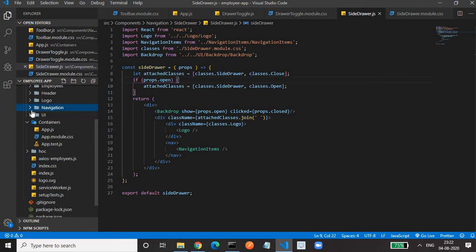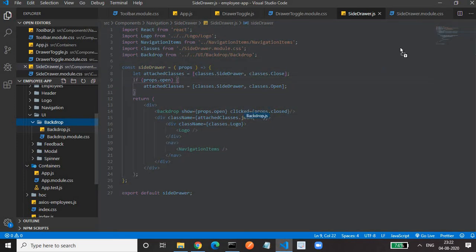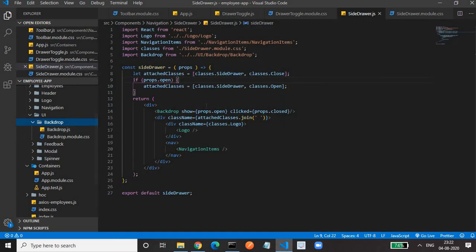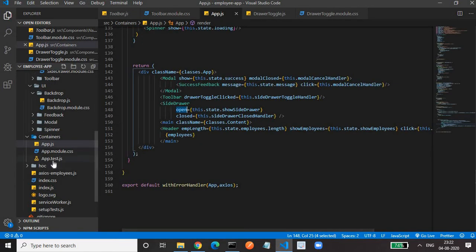I have made everything as simple as possible in a separate component. You can keep that in a single component also, of your choice. So this is the backdrop. Let me close some of these screens.